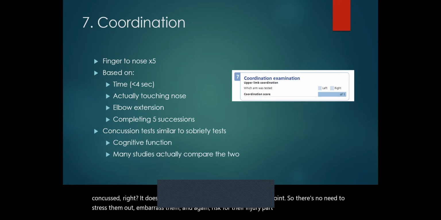Part 7 is going to be some coordination stuff. So again, this can be arms completely extended, finger to nose, make it a little bit more difficult, close your eyes and extend your neck back. That's an easy way to measure some of this coordination. There are several other things that can be done to measure coordination, but this one's pretty simple. This might also be one of those field sobriety tests that police might perform.